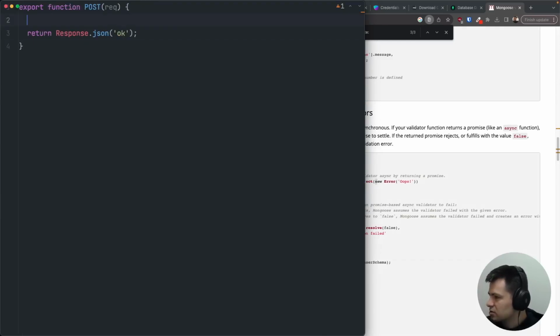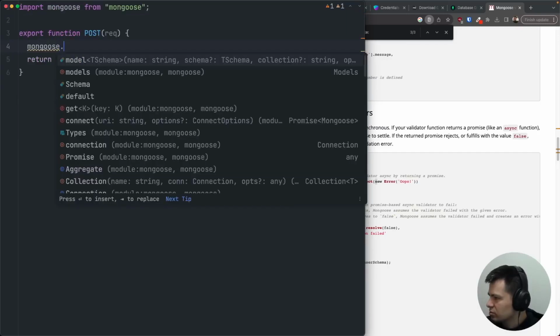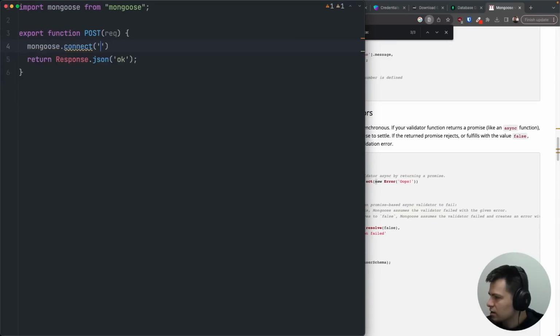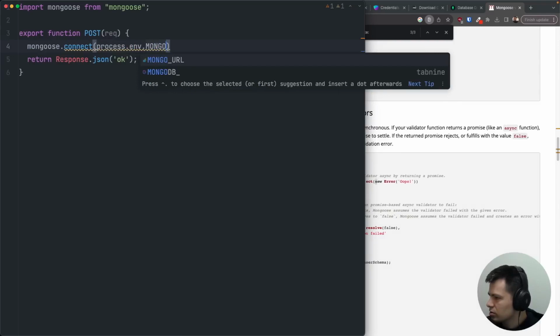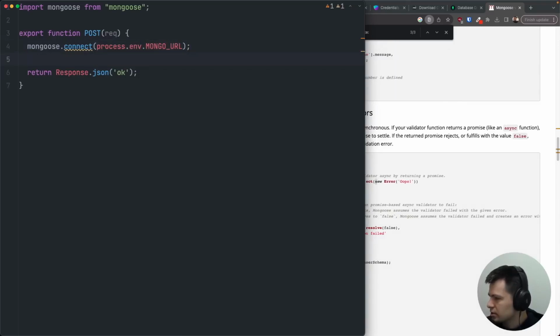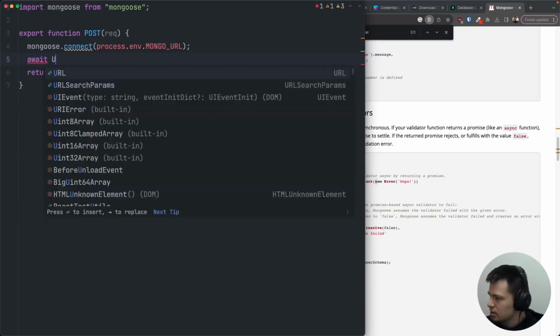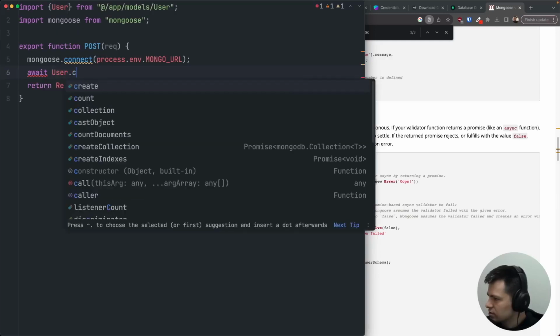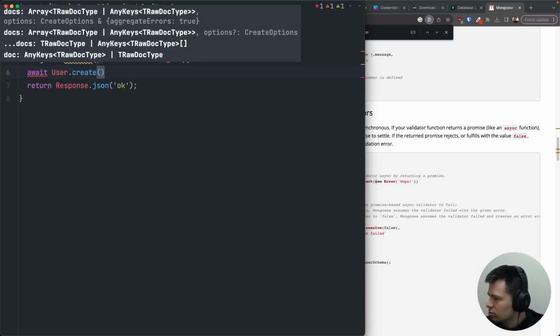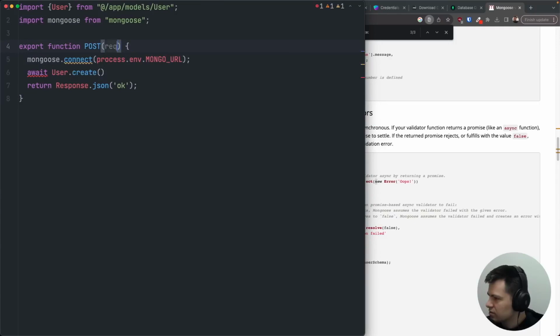So here, first we want to connect the database. So let's import mongoose from mongoose, connect, and here process.env.MONGO_URL. So we connect to our database, and now we want to create the user. Let's do await, because it's a database query. Let's import our user from models, and now let's do create, and we want to grab the data from